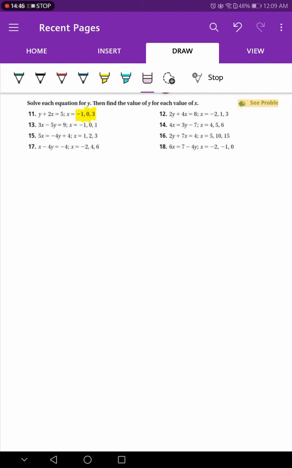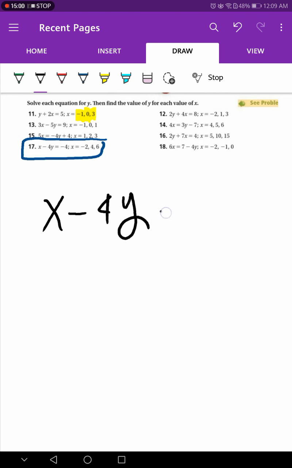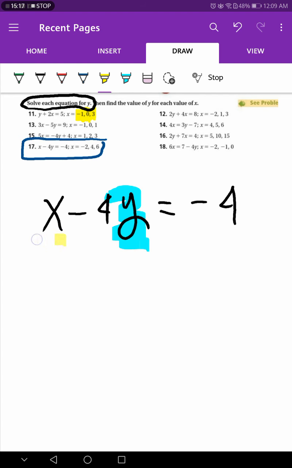Now let us take number 17. It is x minus 4y equal -4. He asked me to solve each equation for y. So that means I have to make the y alone and happy. The first step, I have to move the variable or the letter to the next